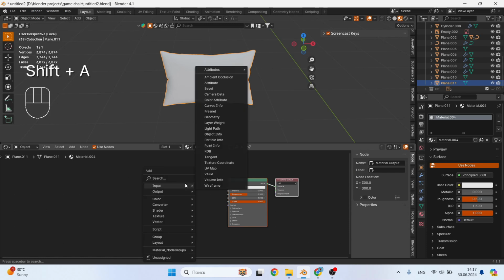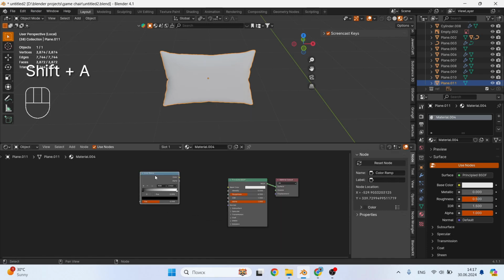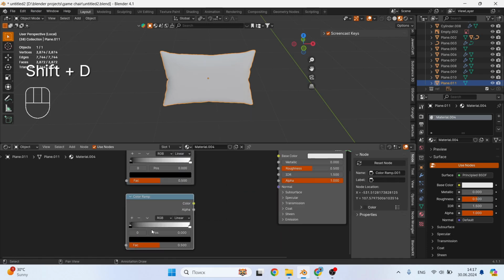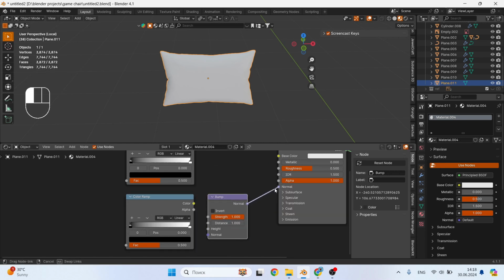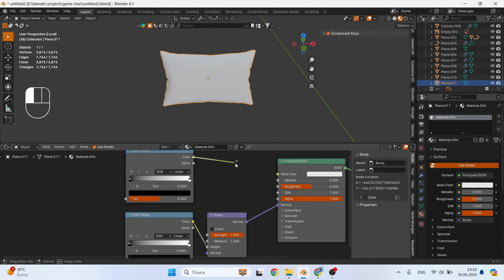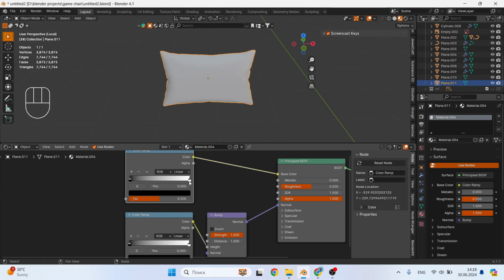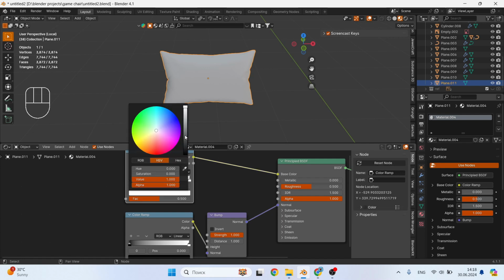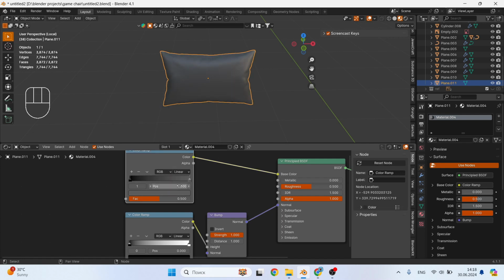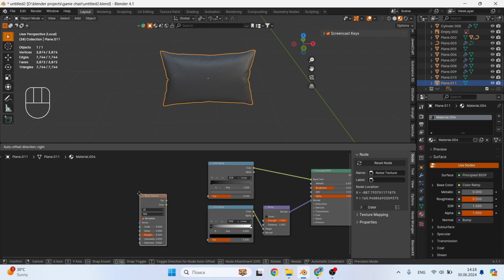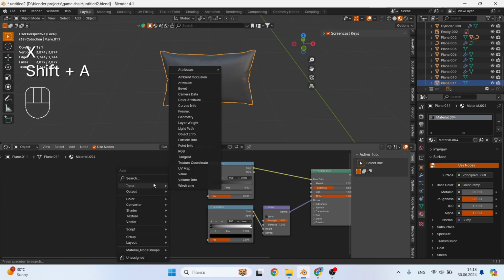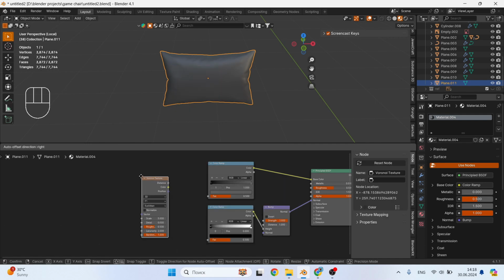Now I suggest creating a leather material that we will use for the chair. It is quite simple but easy to use. I chose a pillow, and on it we will perform manipulations with the shader. So we add a new material to the pillow and start adding nodes. First, add a color ramp and connect it to color. Change the white color to dark gray. Copy it and place it below, add a bump node next and connect it to normal.